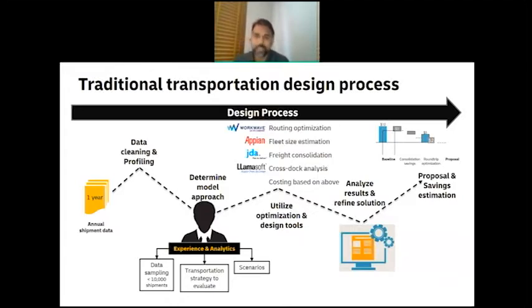Someday in the future, I don't know, but today at least, what I understand is you still need to figure out, based on the solution given by tools, what you can operationalize, and in what way. One simple example is, sometimes you have a solution which gives you a route which shows that you have to go from location A to location B via location C and D, and suddenly news breaks that there is some political unrest. Now you have to understand that when you were doing this optimization, this news was not there. So now you have to re-optimize, or at least make this solution more feasible